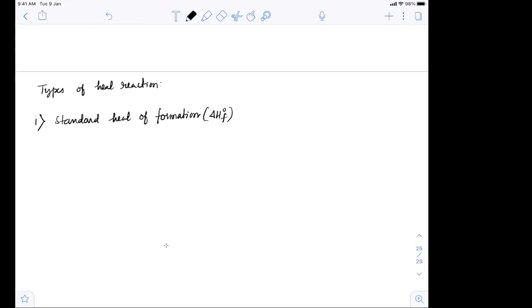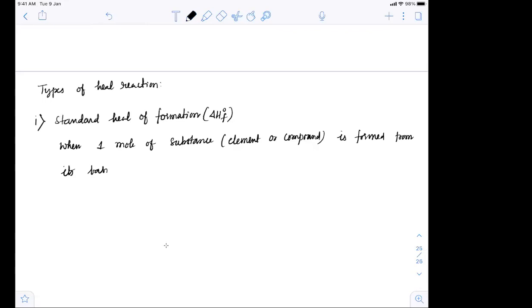If you take 1 mole of a substance, the substance could be an element or compound, that is formed from its basic constituent elements,